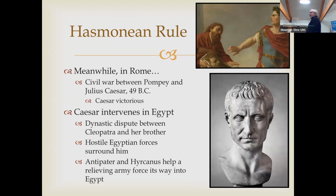So while we're getting this kind of change of power in Judea, we've got important events going on back in Rome. There's a civil war between Pompey and Julius Caesar. Pompey, we've already spent time talking about. He's the general who actually led the conquest of Syria. He's the general who basically arbitrated the dispute between